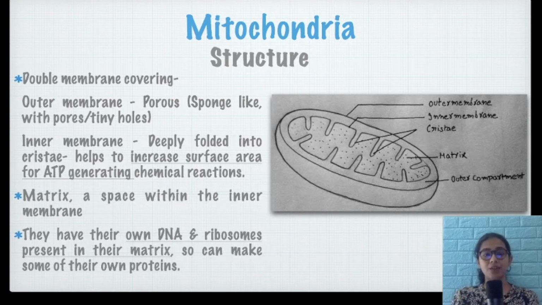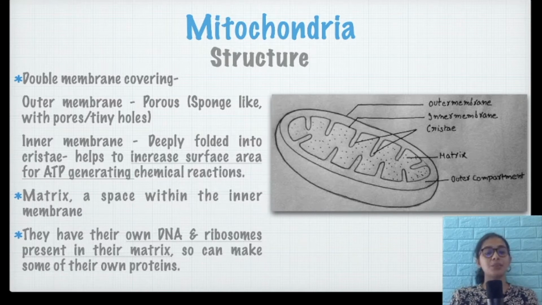Right? Take care not to confuse cristae with cisternae. Cisternae is the stack, like in the Golgi apparatus. The membranous folds are stacked on top of the other, and those stacks are called cisternae. And the inner membrane of the mitochondria is deeply folded, and these folds are called cristae, right? Why do you think it has been folded that way? How does it help?